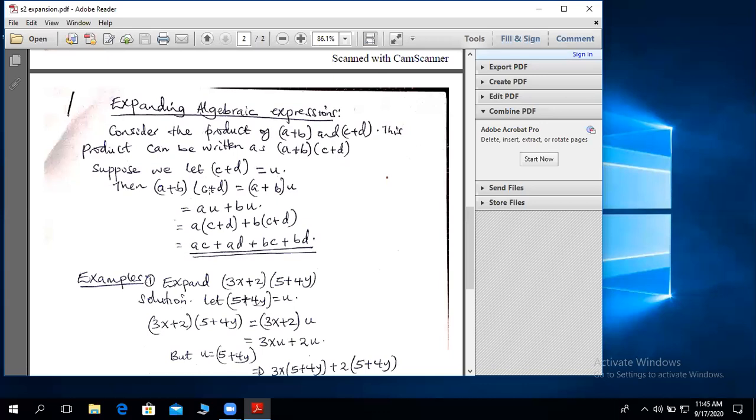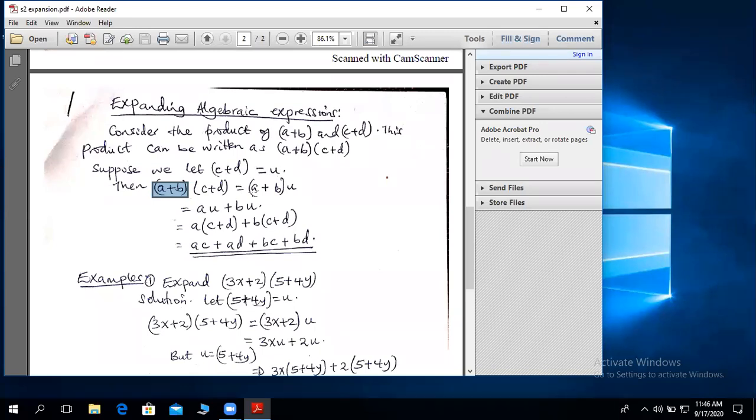So I'm saying, suppose we let this C plus D be equal to U. That means A plus B into C plus D will be equal to A plus B into C plus D, but C plus D, we are saying that it is U. So that's why I'm having A plus B into C plus D equal to A plus B times U, whereby U is equal to C plus D. So this is the easiest way of expanding this,